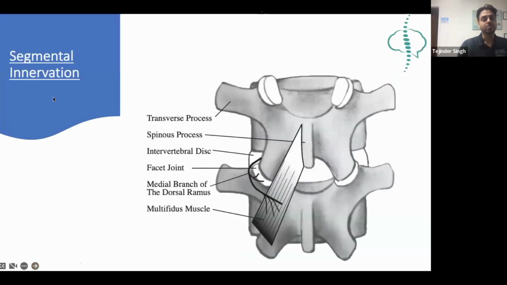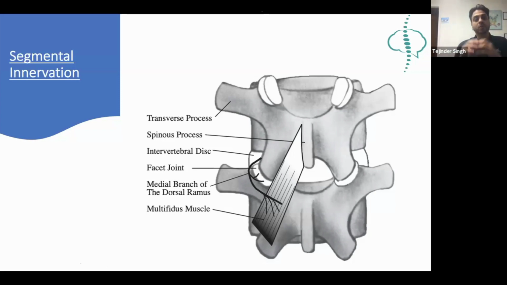Okay. So let's talk a little bit about segmental innervation. This is with reference to deep fibers of multifidus. Don't even think about superficial fibers of multifidus. We're just talking about deep fibers, because deep fibers of multifidus have something called a segmental innervation, which means that the multifidus between L5 and S1 is supplied by L5. Between L4 and L5, it is supplied by L4. Between L3 and L4, it is supplied by